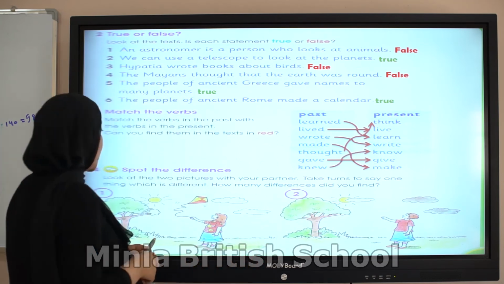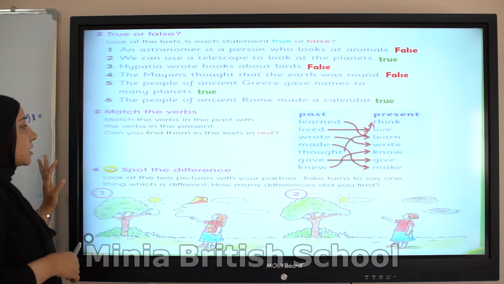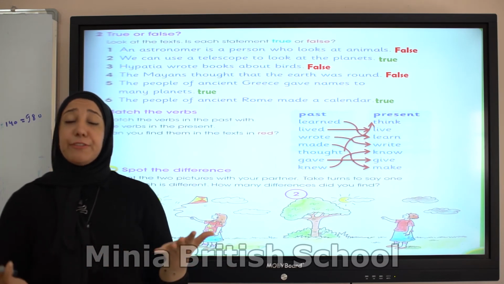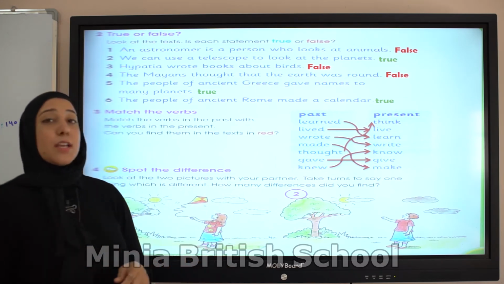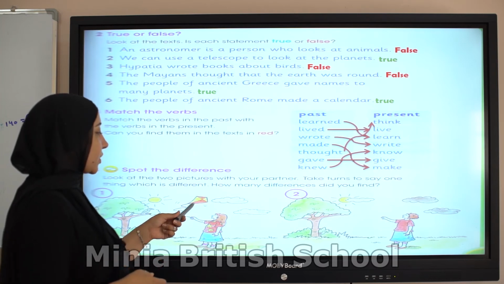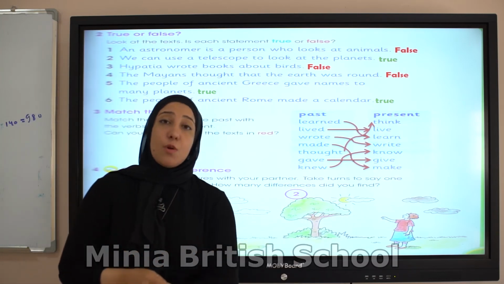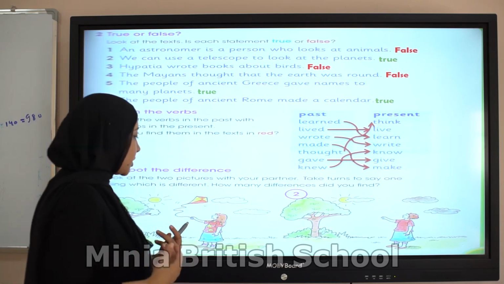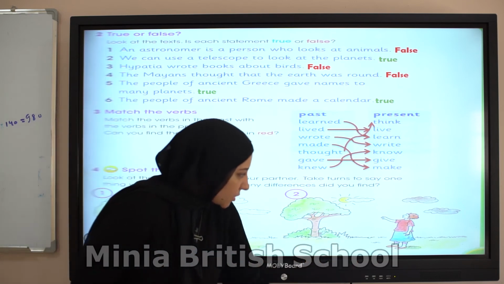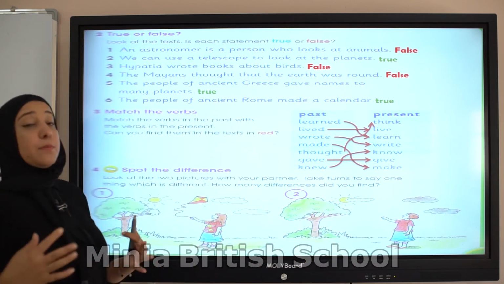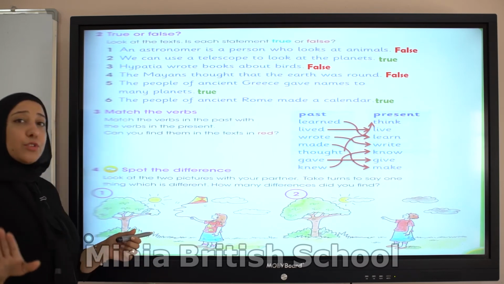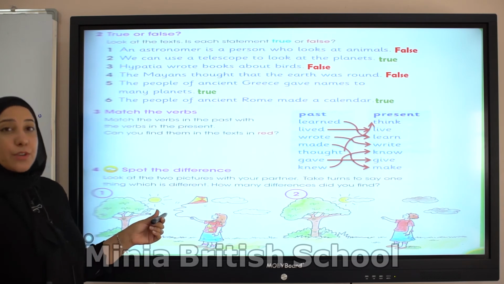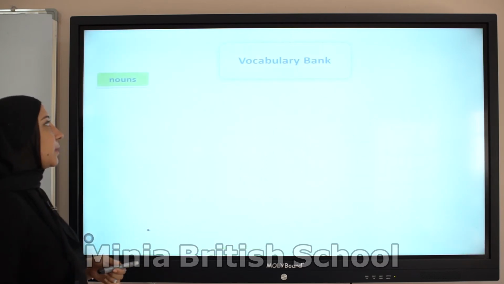Now here it's a game, you can play it. Spot the difference. Okay, you have 2 pictures. I need you to find the difference between these 2 ones. I think there is here a kite, and number 2 there is no kite. I think the girl has a t-shirt with the stars, but here there are no stars. You can complete, you will find more differences. I don't want to stop you. You can play this with your brother or your sister or any member of your family.